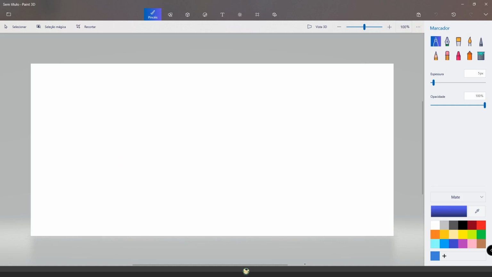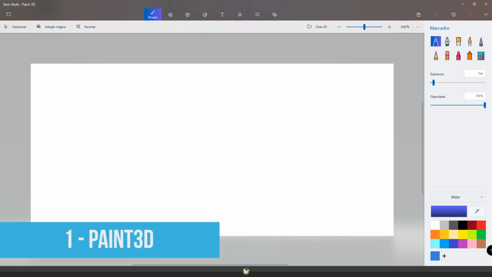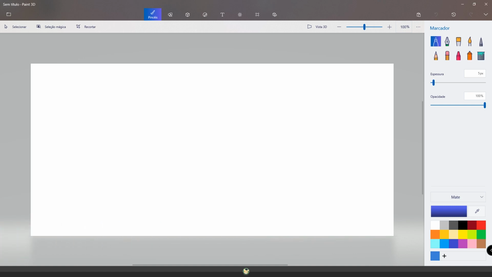Alright, so the first one I want to show you is something that you probably have on your computer if you have Windows and you never really bothered to open it up, or only know its past version from when you were a kid, which is Paint 3D. This is basically Paint. It's very different now and I mostly recommend it for sketching, doing very simple drawings and studies. But it does have some very neat things. One of them is that you actually have a lot of